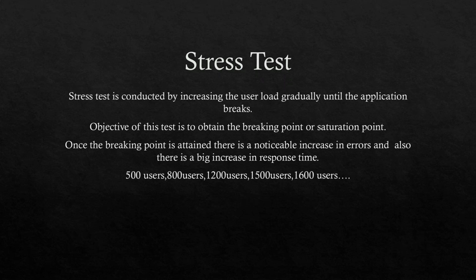You should not get confused going forward. If the user load is suddenly ramped up, then we can call it spike testing. Now we are good with load test and stress test.